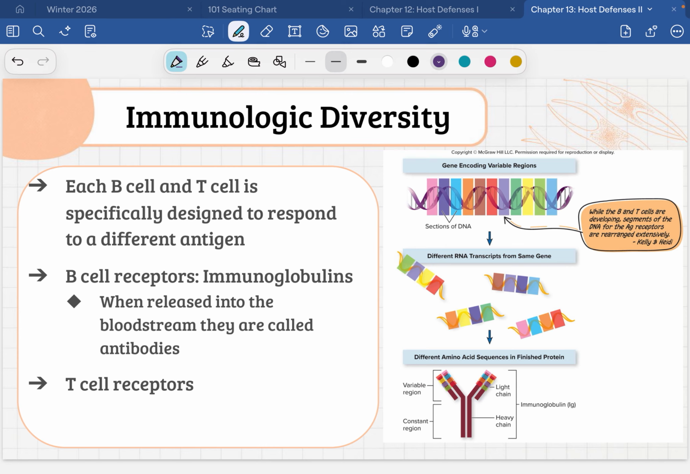Okay. B cell receptors are called immunoglobulins. I don't know why they get a fancy name, but they do. B cell receptors are called immunoglobulins, and when those receptors are released into the bloodstream, they are called antibodies. So B cells are capable of releasing their receptors, and when they're not on the cell surface, they're called antibodies. T cell receptors don't get any special names, and they cannot release